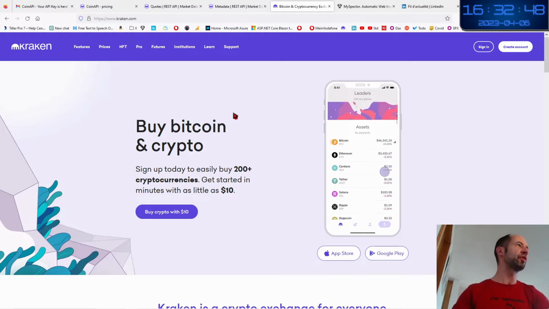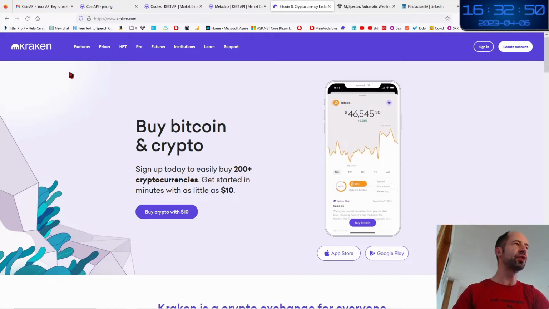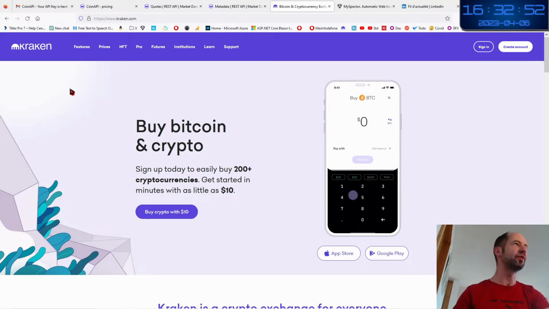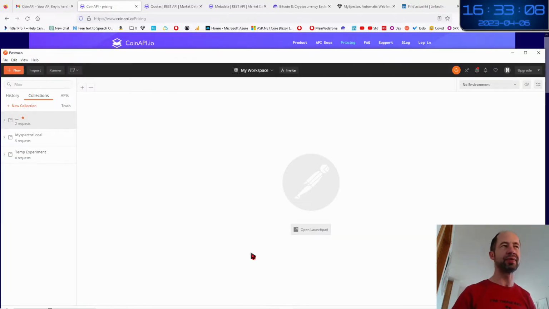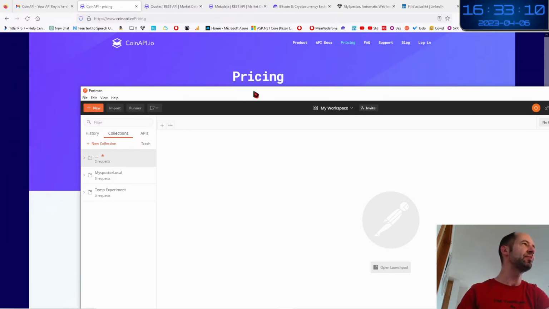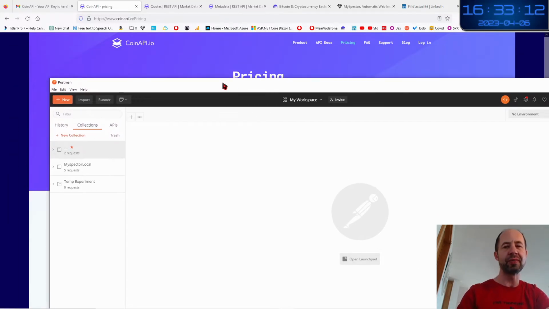To do this, I will use different tools. There is first here a marketplace which is called Kraken, to list the different cryptocurrencies. Then I will use Coin API web services, which is free of charge, and I will show you how to use it. I will make some first experiment with REST API client, which is called Postman. Postman is used to prepare the HTTP request to put the correct parameters inside it.